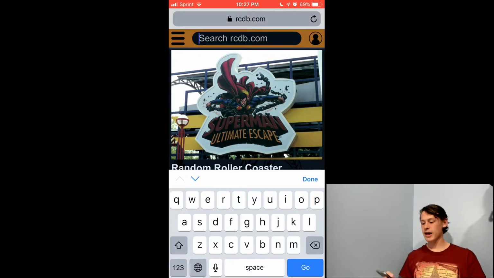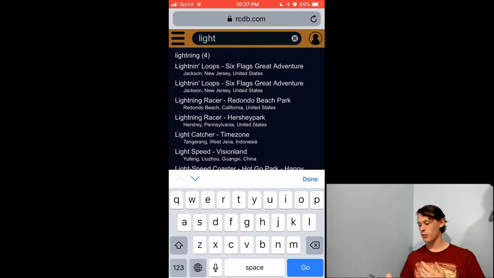But that's not the big update I was talking about. Before, you would just type in what you wanted to search and hit go, and it would just load up results. But this time it actually accurately predicts the rides as you're typing. Coasters, I'm sorry. If it's not a coaster, it's not in the database. But basically, I can just start typing something, and it'll start predicting results based on what I'm typing,